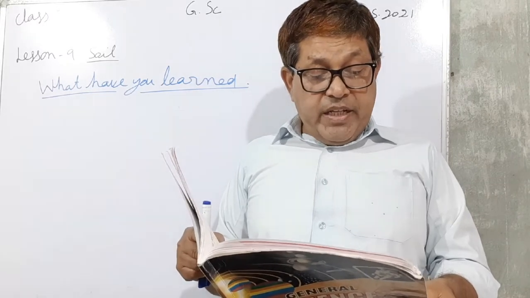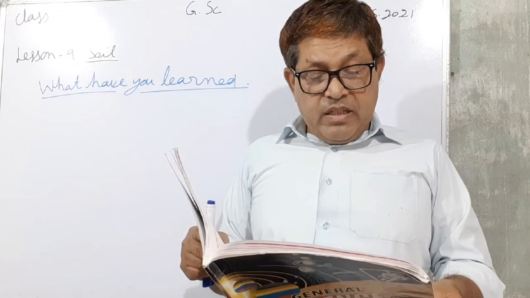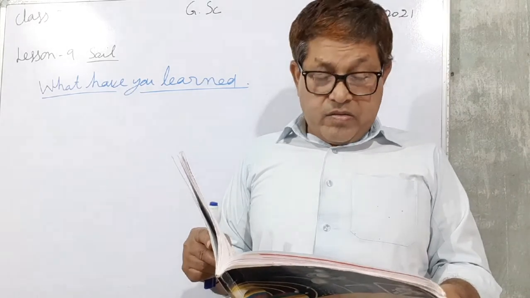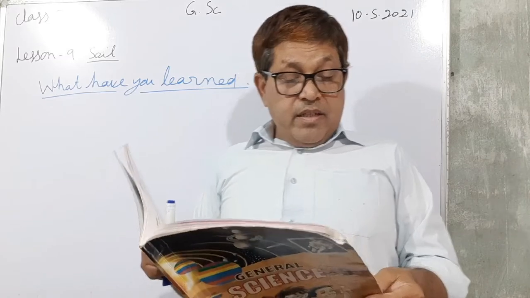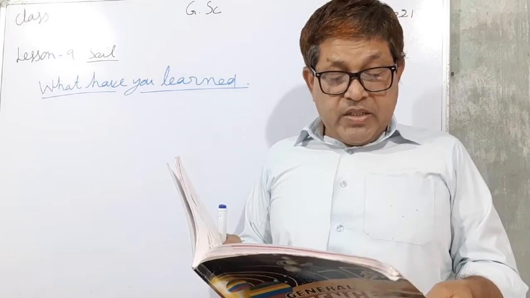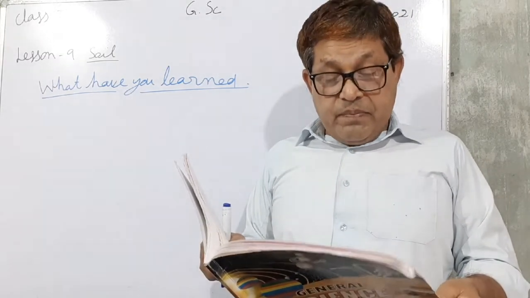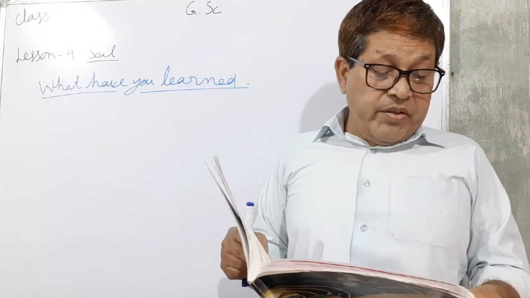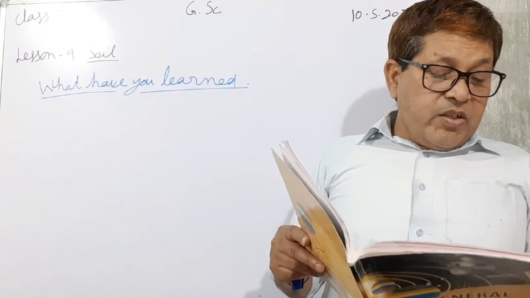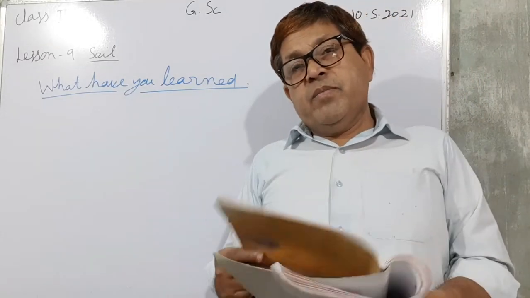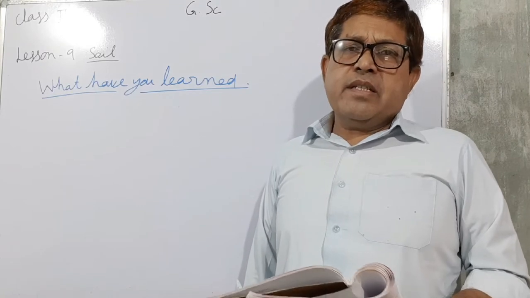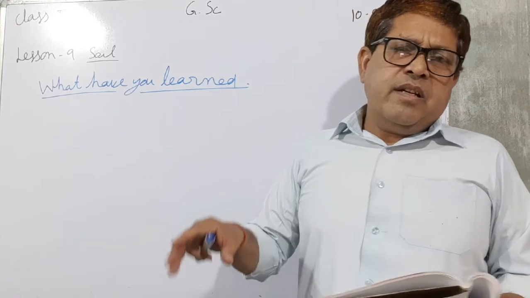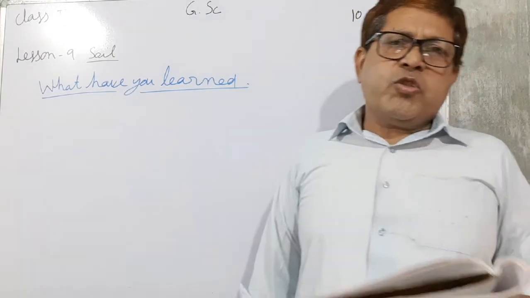Different layers of soil are topsoil, subsoil, and bedrock. Now next, different types of plants grow in different types of soil. Now next, soil is home of many animals like rats, insects, snakes, etc. They live in the soil.